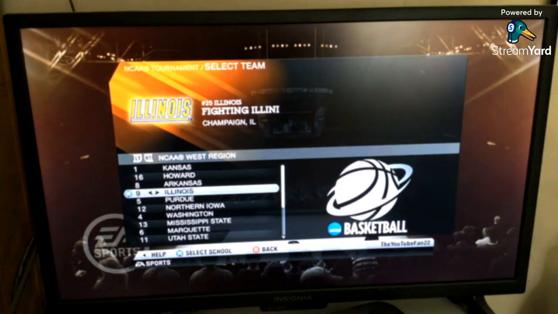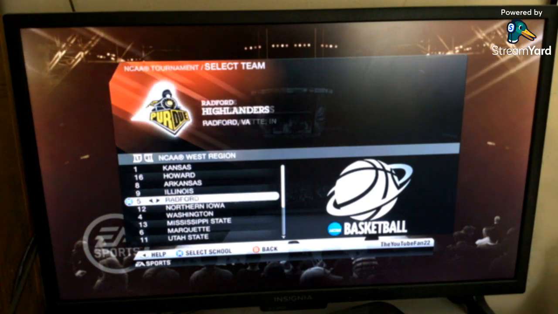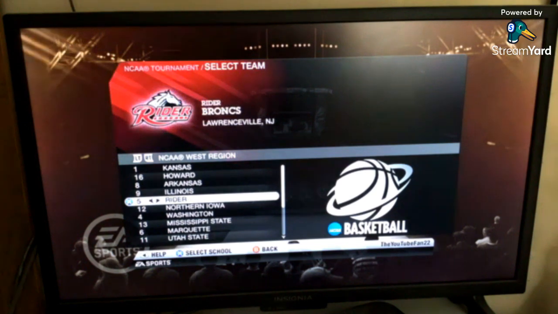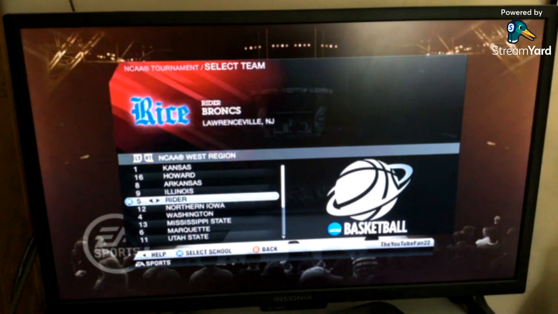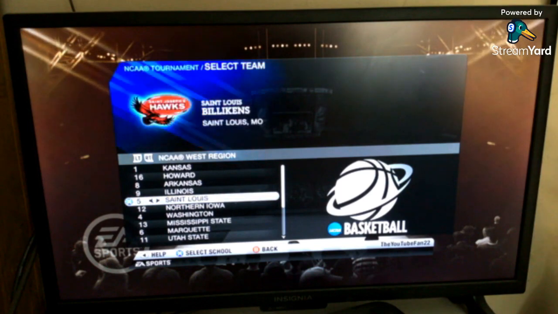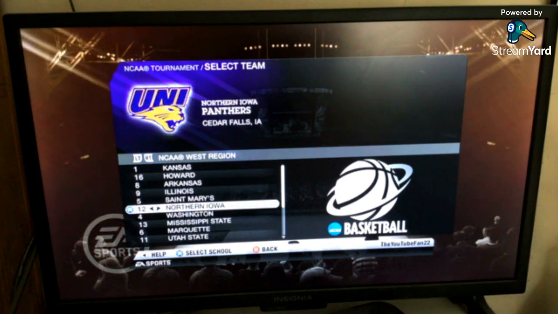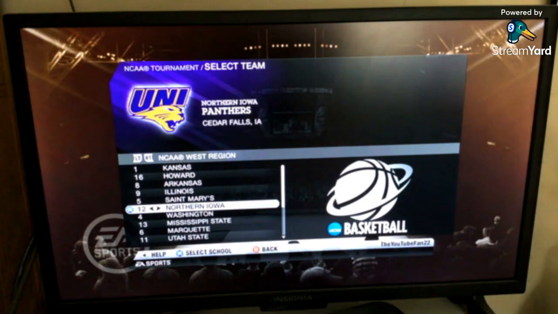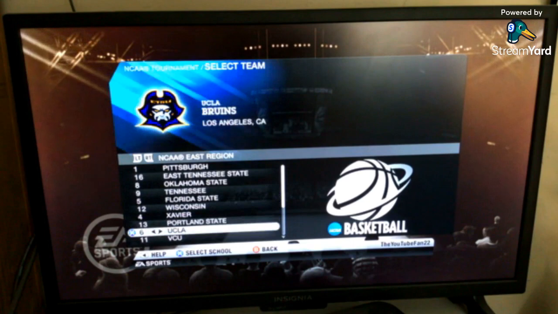Next up is the 5th and 12th seed. So that is St. Mary's. Oops, wrong direction. Sorry, we're going to the S's. But I say St. Mary's. Alright, then the 12th seed is VCU. I think I saw VCU somewhere else. There they are. So I have to change that.